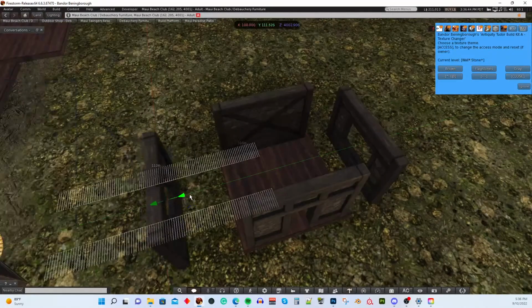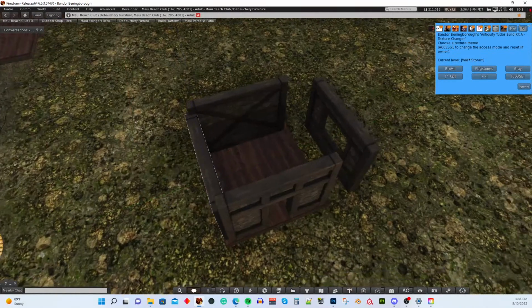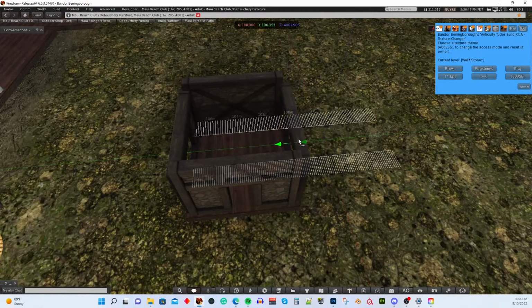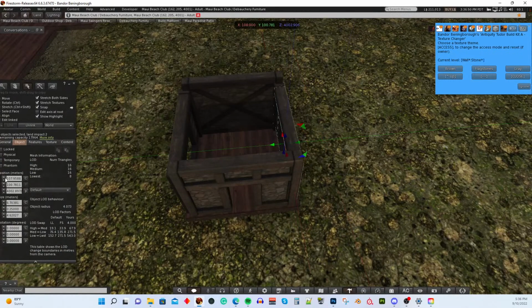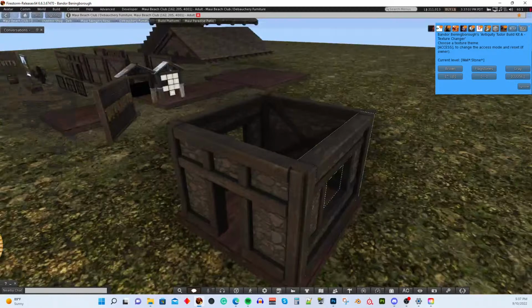So bring that in. And bring this one in. Set them to the right height again on both of these. Control-C to copy the height. Control-V to paste it. Control-V to paste that one. And now we have